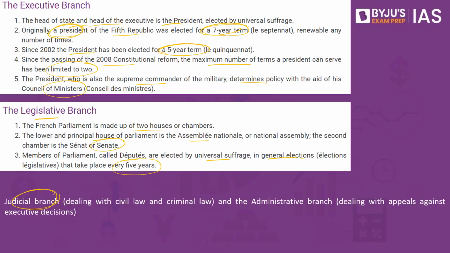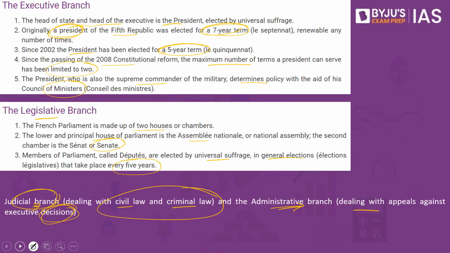And when it comes to the judiciary, the independent judiciary in France is based on the civil law system, which has evolved from the Napoleonic Code. It is basically divided into two branches. One is the judicial branch, the other happens to be the administrative branch. The judicial branch deals with civil and criminal laws, and the administrative branch deals with appeals against executive decisions. Such a differentiation, such a bifurcation of the judiciary, is not present in India, but it is present